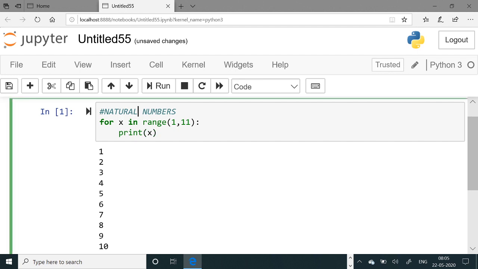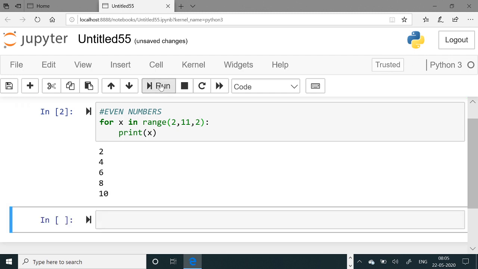So this is very easy. Now next question is, suppose I want to print all the even numbers. For even numbers, you have to start from 2, and there are two methods to print even numbers. By giving a step value, you can print all the even numbers. Here you can see I have given the step value and it is printing all the even numbers. So start value is 2, stop value is always one more than this, and step value is 2. It is just skipping one number and giving all the even numbers.